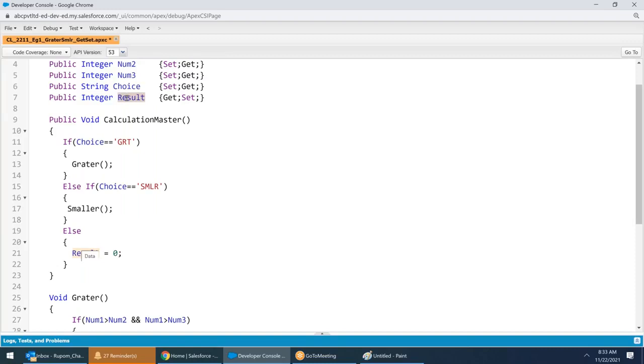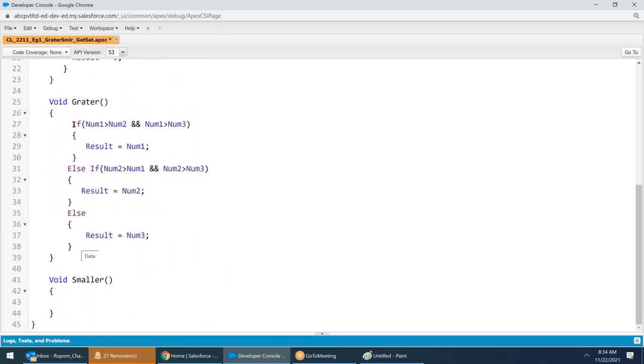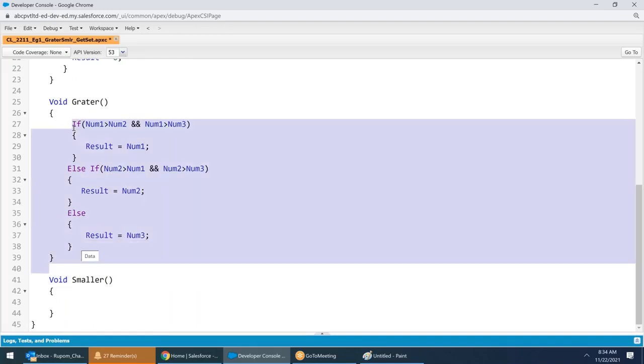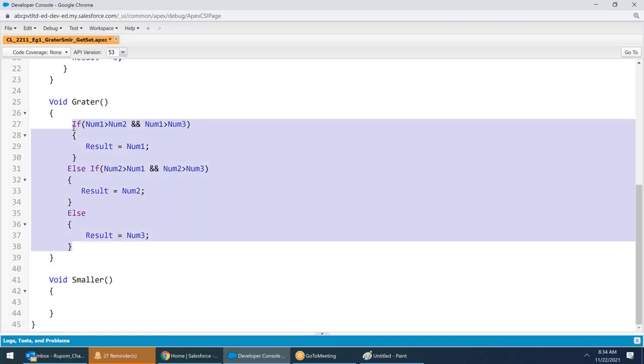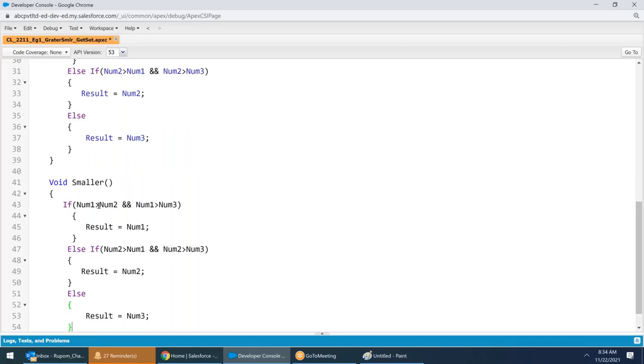How are you calculating the result? We are calculating the result here, in these places, greater number. Same program, I will copy. Control C, Control V. In the place of greater, I will change the symbol to smaller. If num1 is smaller than num2, num1 is smaller than num3, then smaller number is num1 and it will be